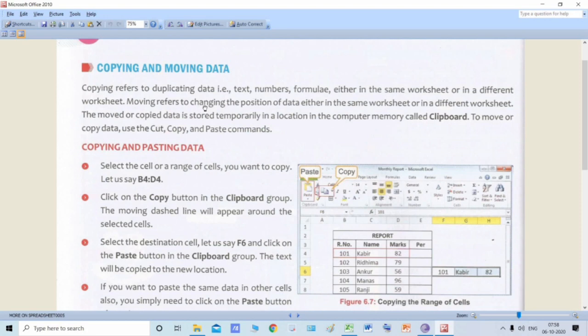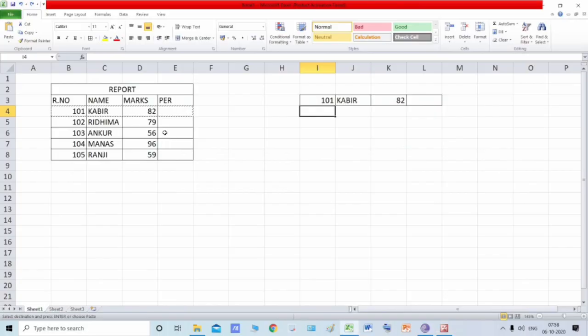Moving refers to changing the position of the data either in the same worksheet or in a different worksheet. Now see, when we are copying data, the data is over here and also at the place where we copy it. But when we move the data, suppose I want to move the data of roll number 102, it will be moved from this place to this place.